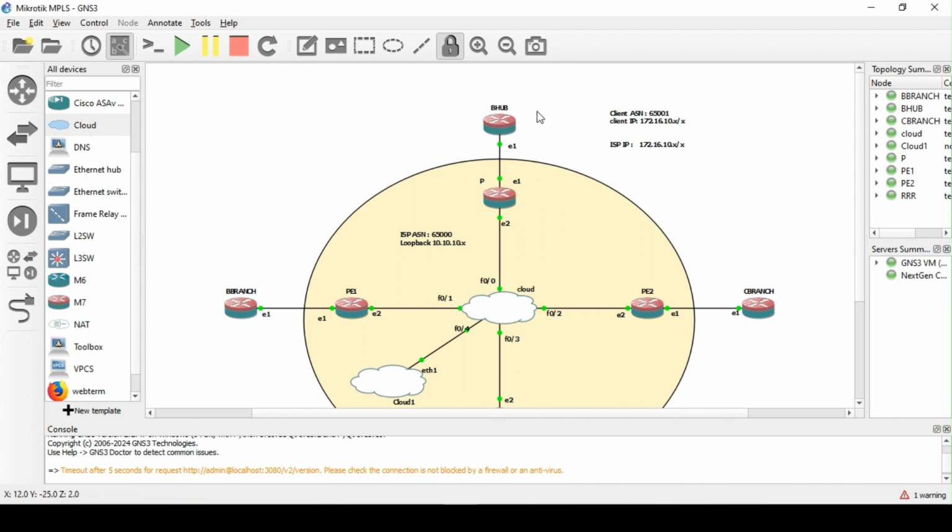But this kind of service is a premium service and the customer will have to pay well for it. That is the difference between just giving the customer an IP or running a routing protocol with the customer. So for this hub, I'll be using BGP as the routing protocol, while